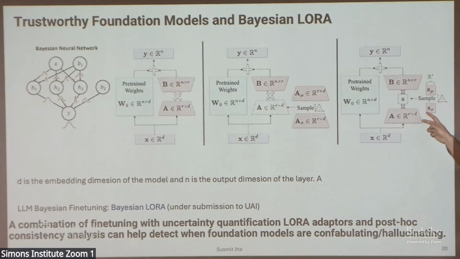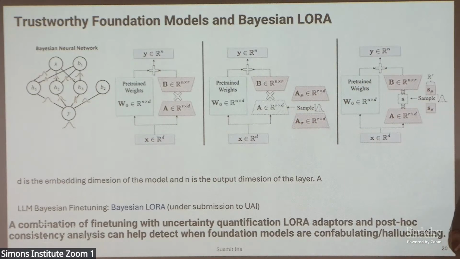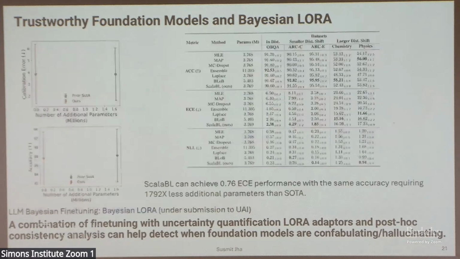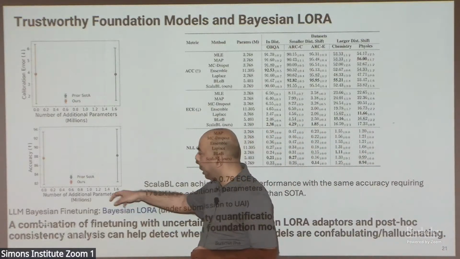What we realized is that we can actually capture the uncertainty in the reduced space itself. So in some sense, we take A and do the singular value decomposition of that to split it into two other matrices U and B, with a diagonal matrix in the R dimension space, and then have the uncertainty be encoded there. This really reduces the number of parameters, and surprisingly does well in terms of how we assign uncertainty. What you're looking at here is the number of parameters and then the accuracy.